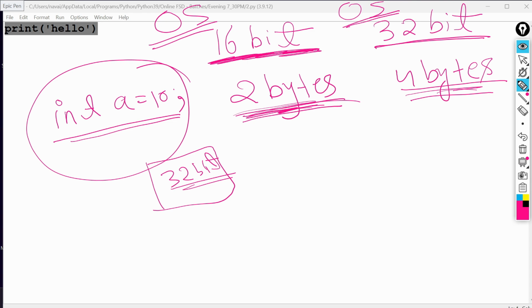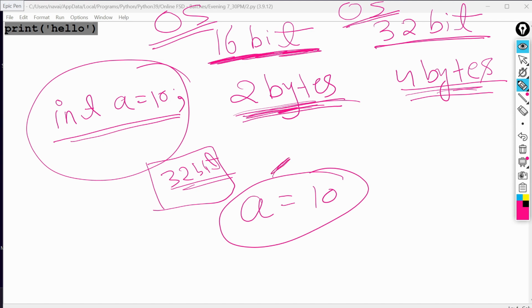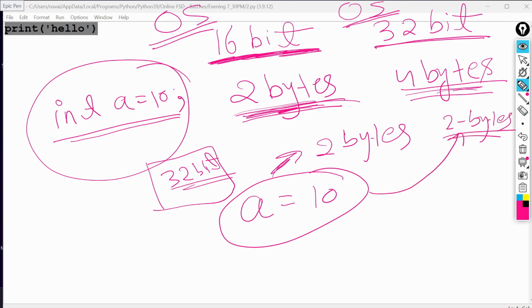But when you write Python code, you don't need to mention any data type. Data representation is different for each operating system, and that's why it gives errors when we write code in C and C++.